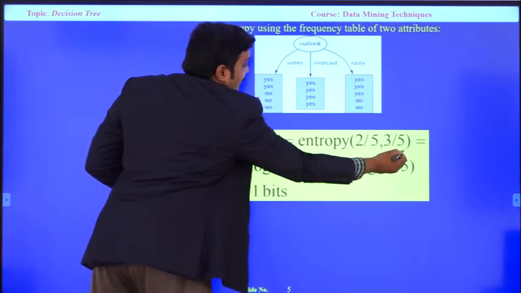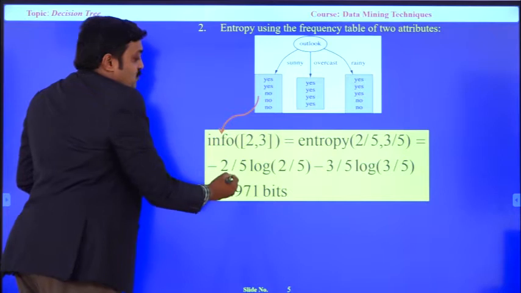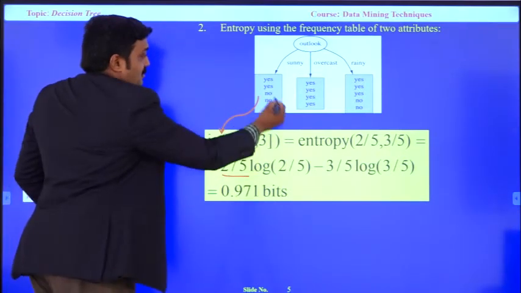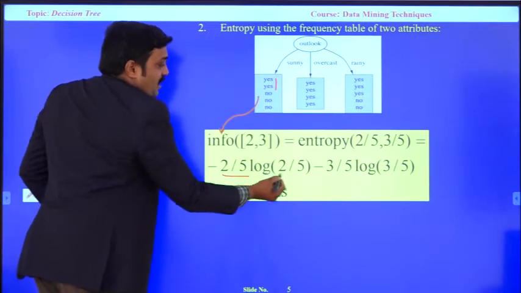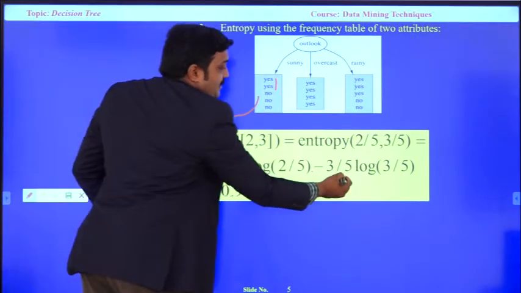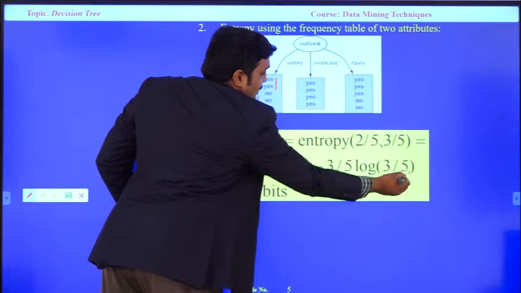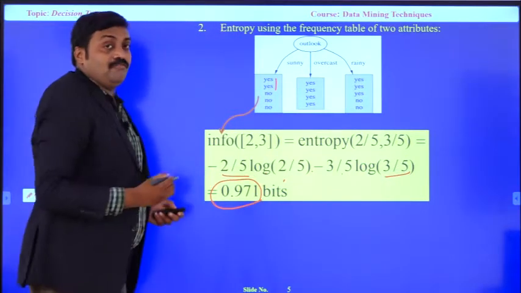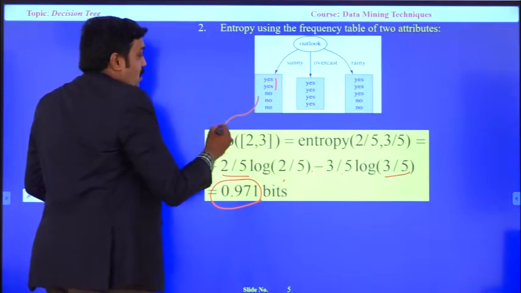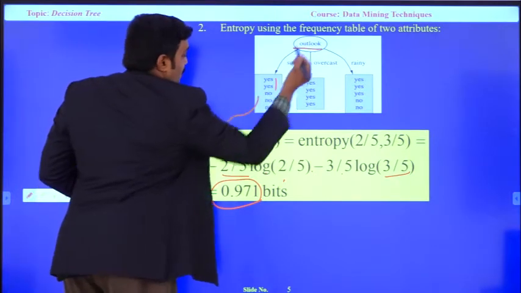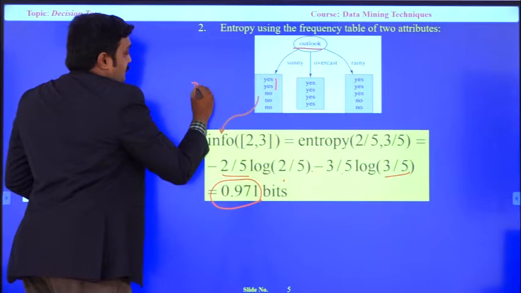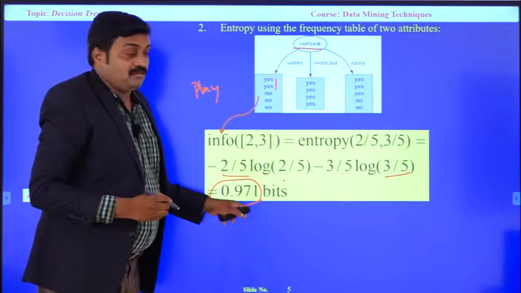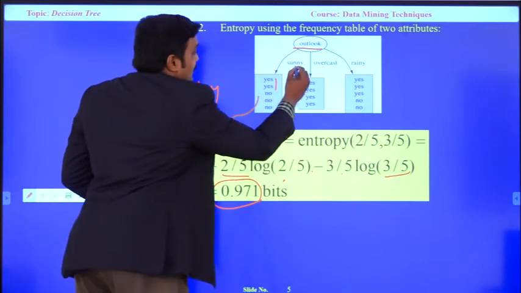So minus 2 by 5 log of 2 by 5, minus 3 by 5 log of 3 by 5, and we got the value 0.971. That means outlook with the combination of play, whenever it is sunny, gives 0.971.